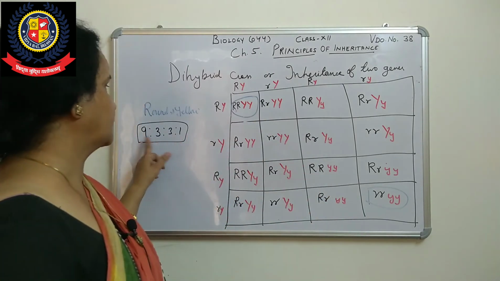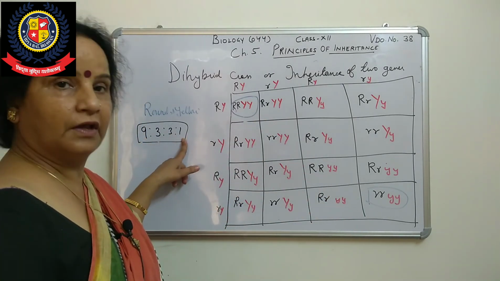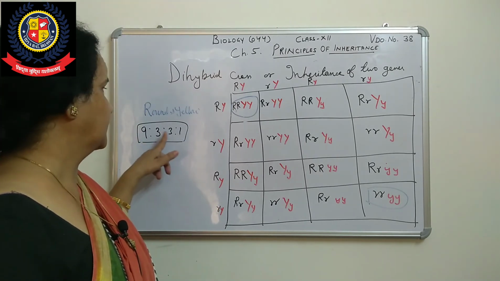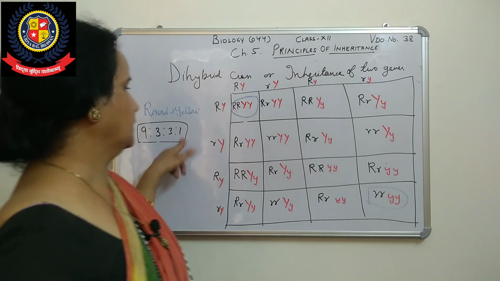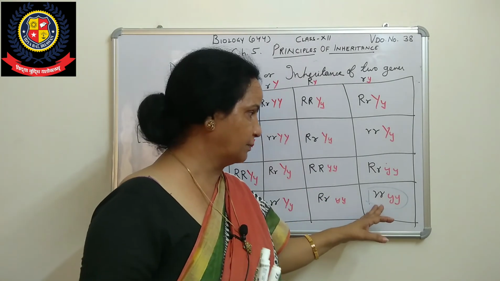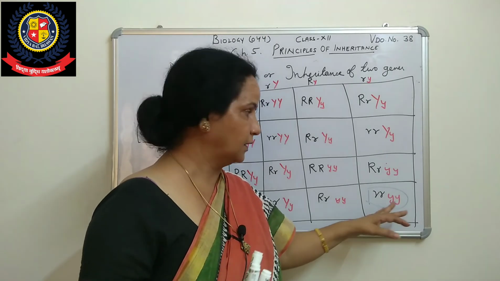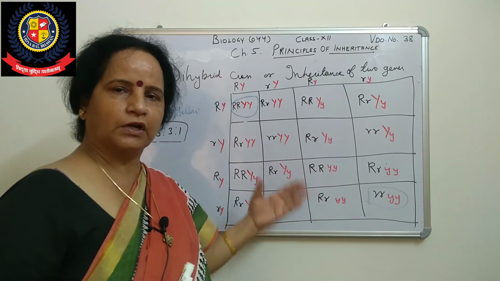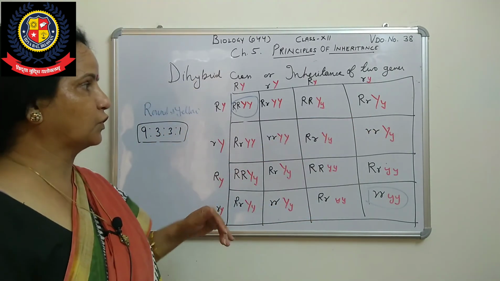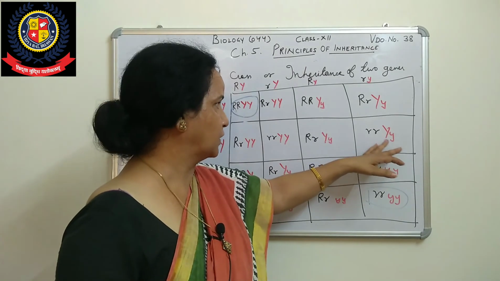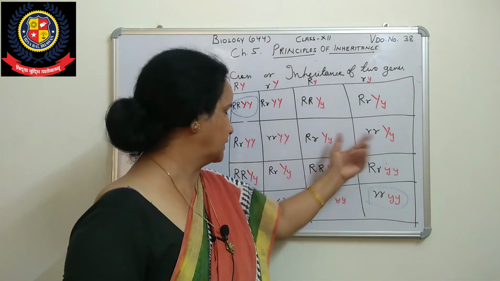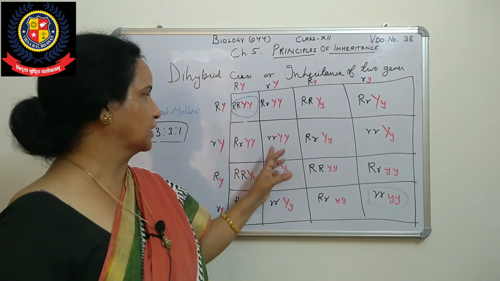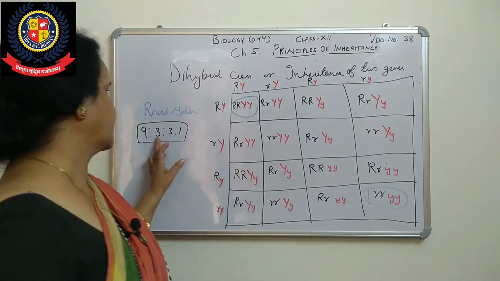There are 4 traits. We have got 1, 2, 3, 4. Here we have got 4 phenotypes. One will be 9, another 3, another 3, and one will be 1. This one is a total of 1, pure, meaning only one we are getting: wrinkled and green. Here it will be round and yellow. In total, round and yellow we have got 9. When we talk about wrinkled and yellow, you can count which ones are wrinkled and yellow. This one, this one, this one, one more you can find. 3 are there, we can write here 3.